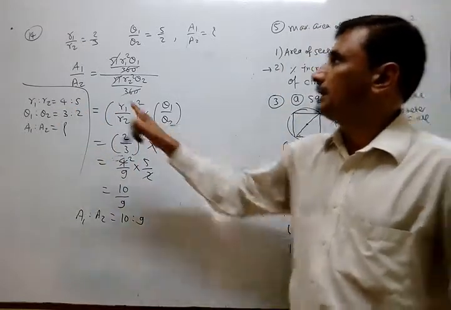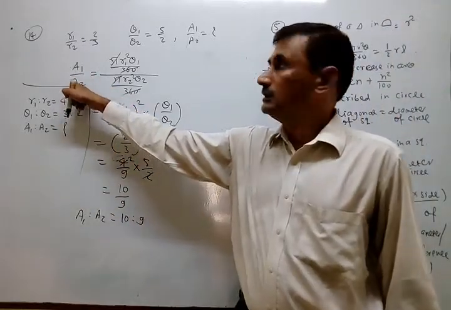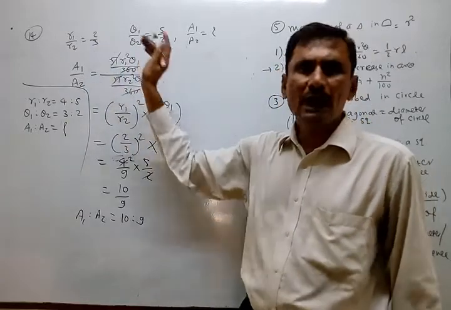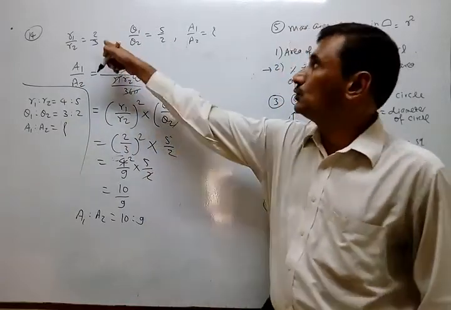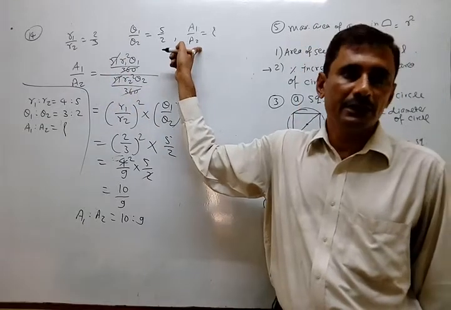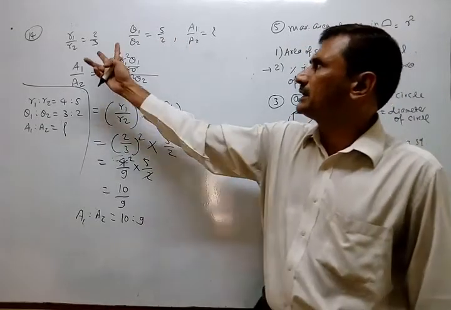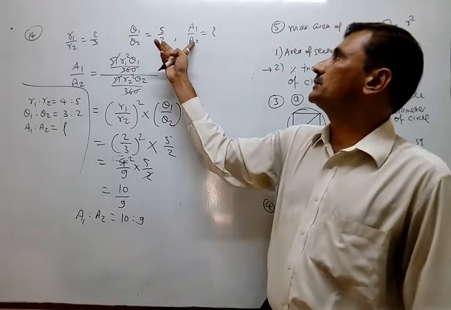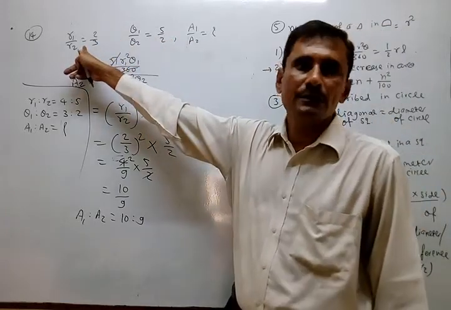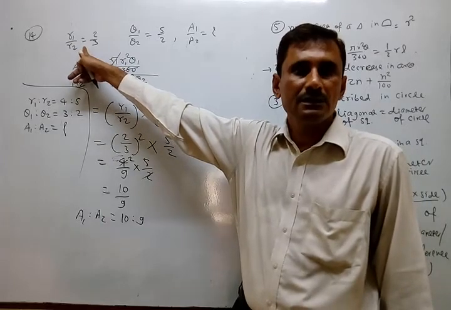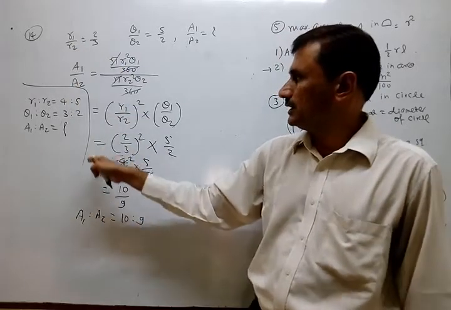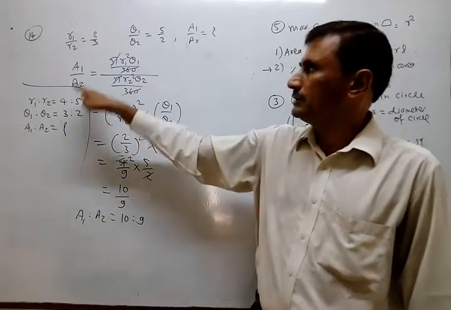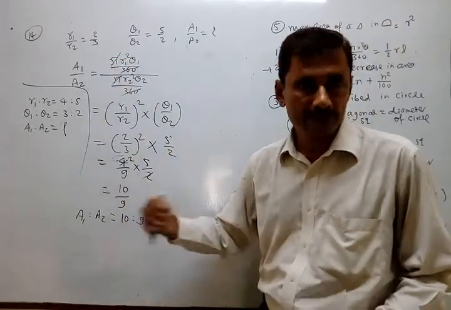And sometimes the ratio of areas can be given. Out of the 3, if any 2 are given, you can find the third one. It is not necessary that every time these are given and only this is asked. Sometimes, suppose these both are given and the ratio of radii is not given, you can find it. Why? Because the relation is already here. Just shifting may be there. Okay? But I have given only the same type of sum, not the reverse type.